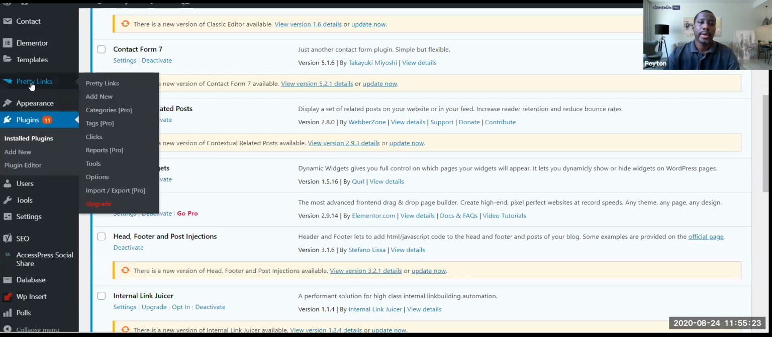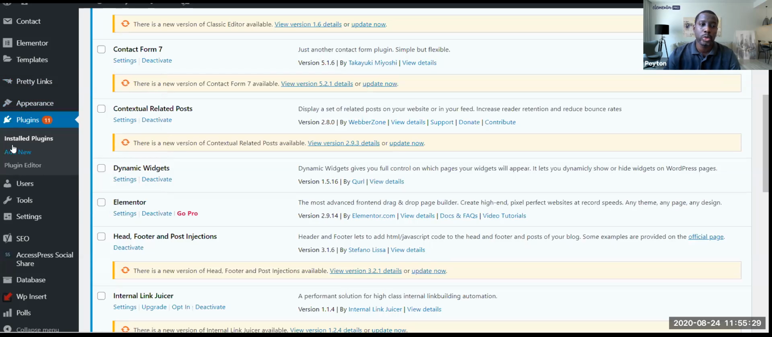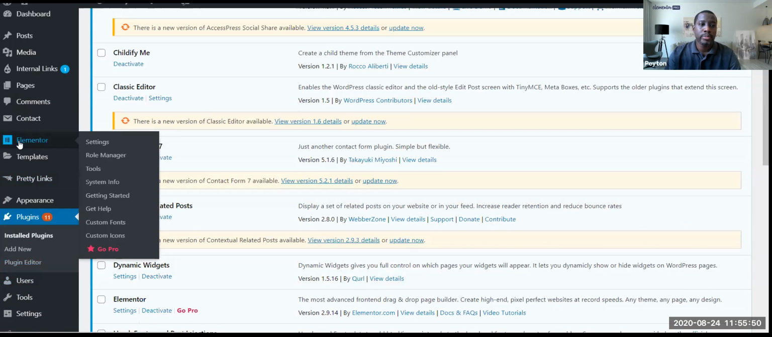Now going back to the website where I have Elementor, the free version, I just want to cover this between the menus. Basically, one of the changes between Elementor, the basic version, and Elementor Pro is that with the Pro version, you can save your own templates and you can create your own theme. So if I look on the menu on the left, I'm just hovering over Elementor. I see I have settings, role manager, tools, system info, getting started, get help, custom fonts, custom icons, and Go